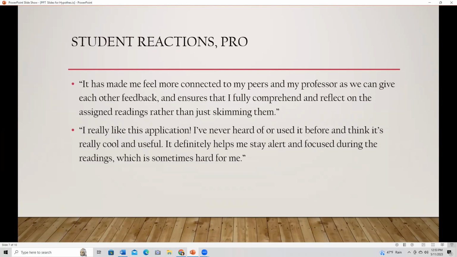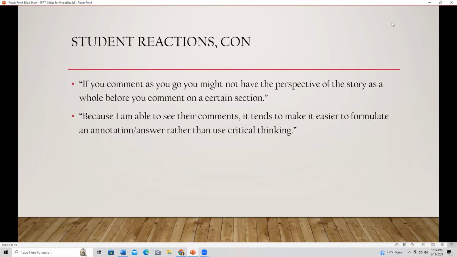If I can't hold it in my hands and read it, I just fall asleep. So if I put these texts online and there's nothing for them to interact with, oh my God, I feel really guilty for doing that to students. So this is really a good way for them to get involved with the text a little bit more.